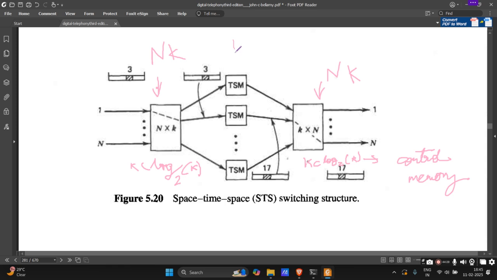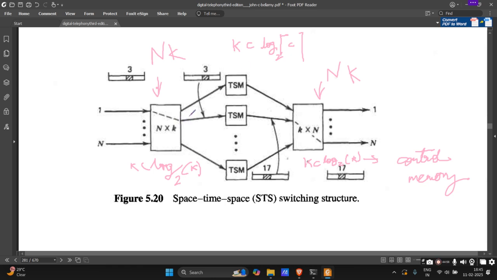K switches are there, so there will be k links, and each link will have c channels. And now you need to do the log, that is the bits per control word. This bits per control word will be different in space and time. In space it was kc log base 2 k. In time it will be kc log base 2 c, because